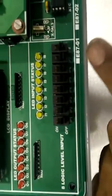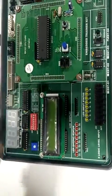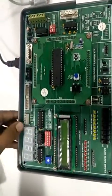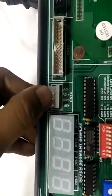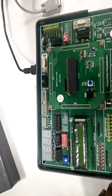This is the demo of 89C51 microcontroller embedded trainer E87-01. This trainer board has inbuilt power supply of plus 5 volt, ground, plus 12 and minus 12, and the same is provided on board. The trainer has following on-board peripheral applications: